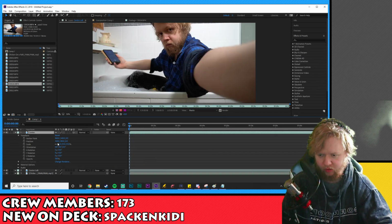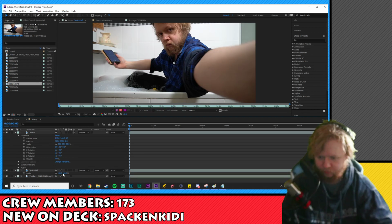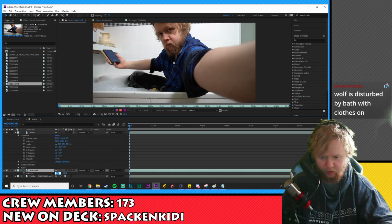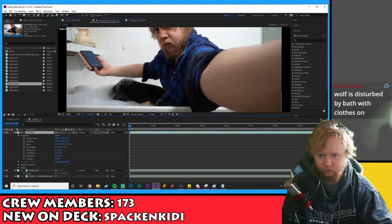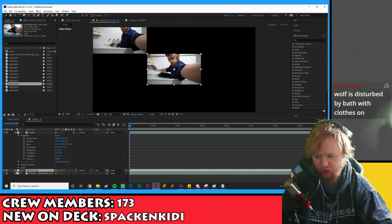So this needs to be at 33% scaling. And I need transform. Sorry, position, which is going to be center left. Did scale not save? Did. Okay. There we go. Okay. I haven't matched up their timing yet, so...